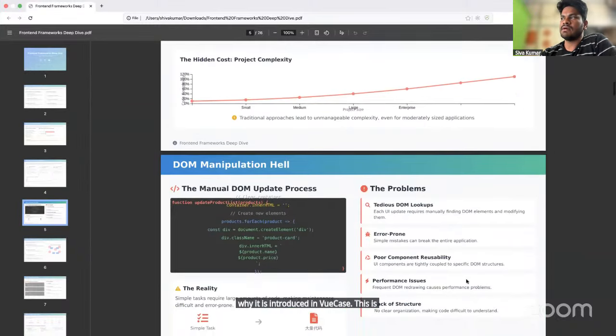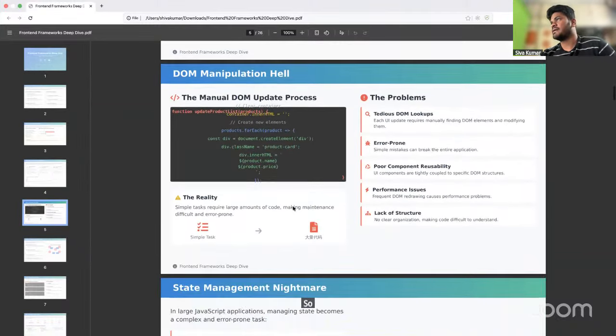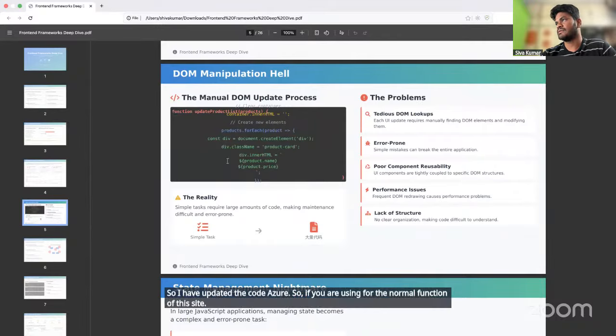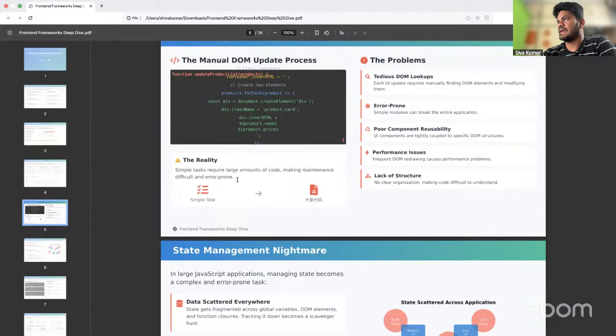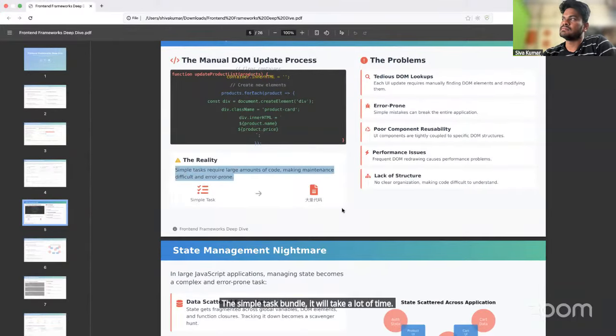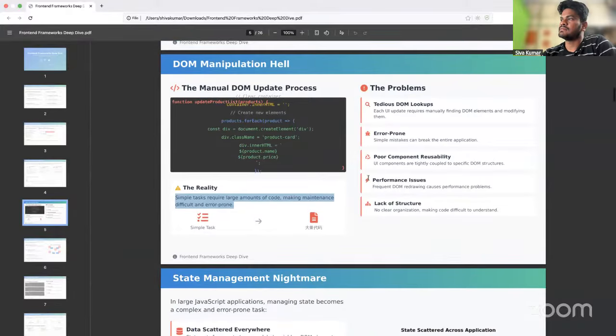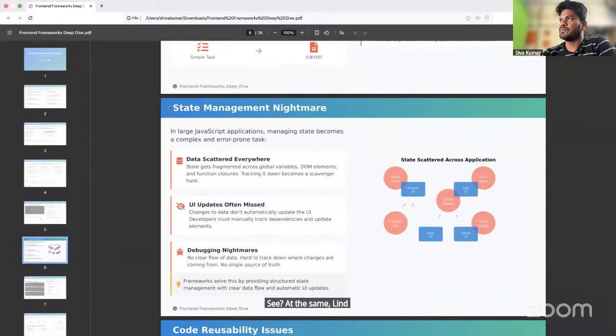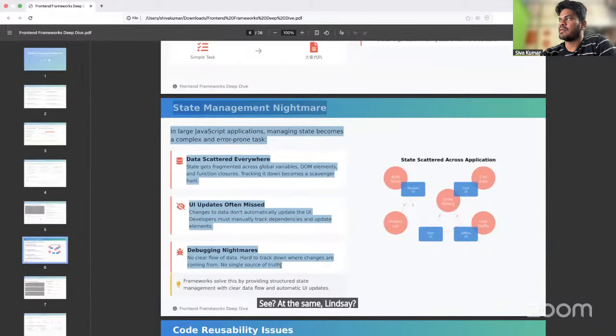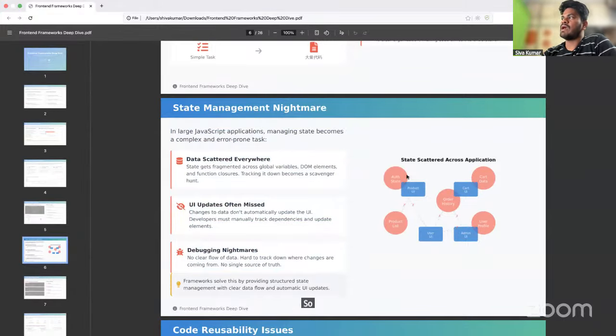This is how it will work, guys. I have updated the code as well. If you are using normal function updates, this is how it will work. A simple task only, and it will take a lot of time. And the same thing, see. Here we have the authentication system.